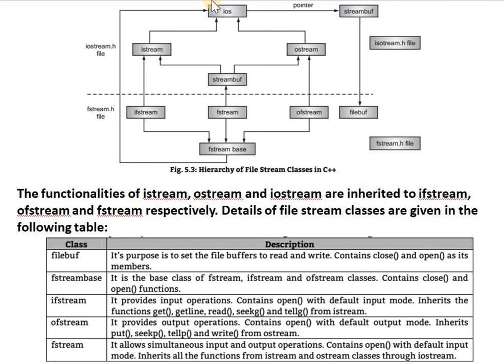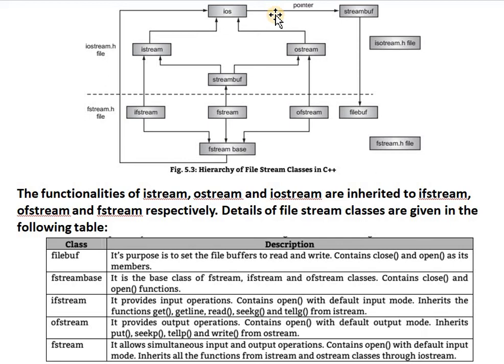And in C++, there are a number of stream classes for defining various stream operations related to files, and for doing input and output operations with files, we are going to use these classes. These classes define a number of methods. By using those methods, we are going to perform file manipulation in C++.